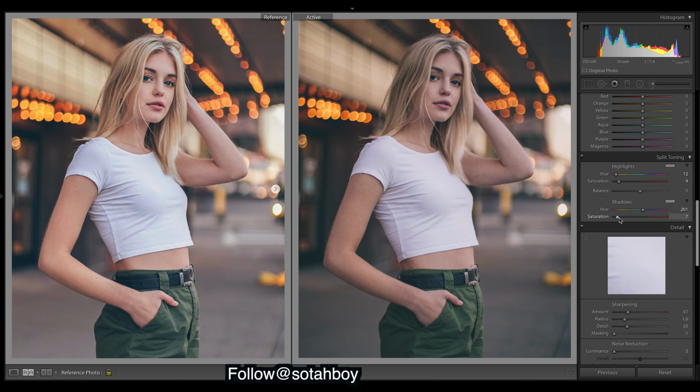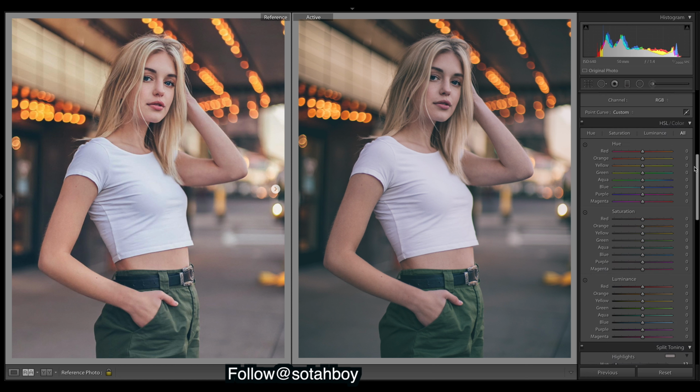Let's add some blues in. I might add a few more reds into the image, so just shifting this a little bit across. Okay,